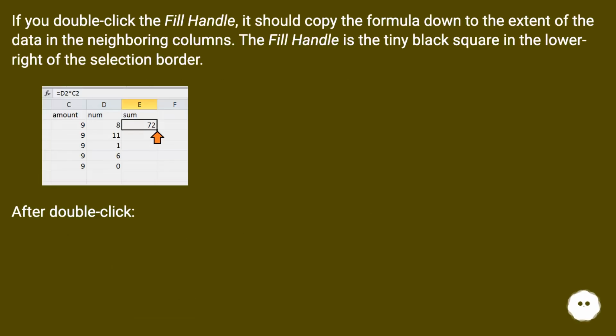If you double-click the fill handle, it should copy the formula down to the extent of the data in the neighboring columns. The fill handle is the tiny black square in the lower right of the selection border. After double-click,